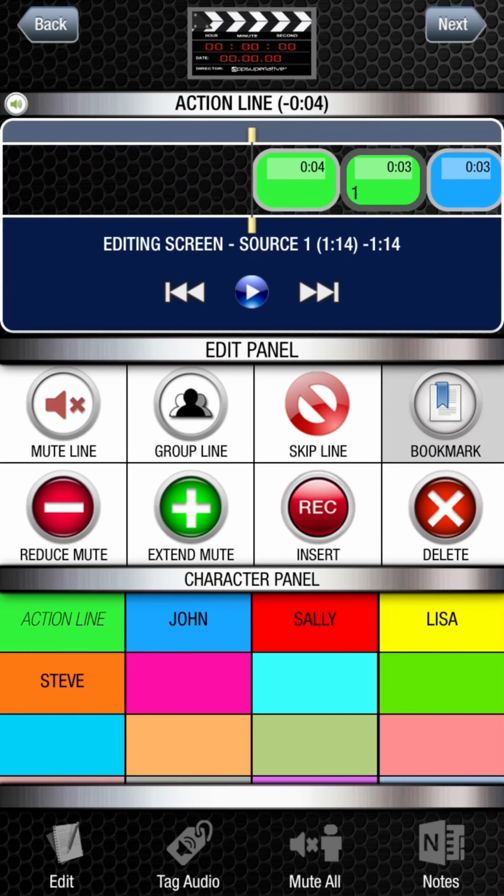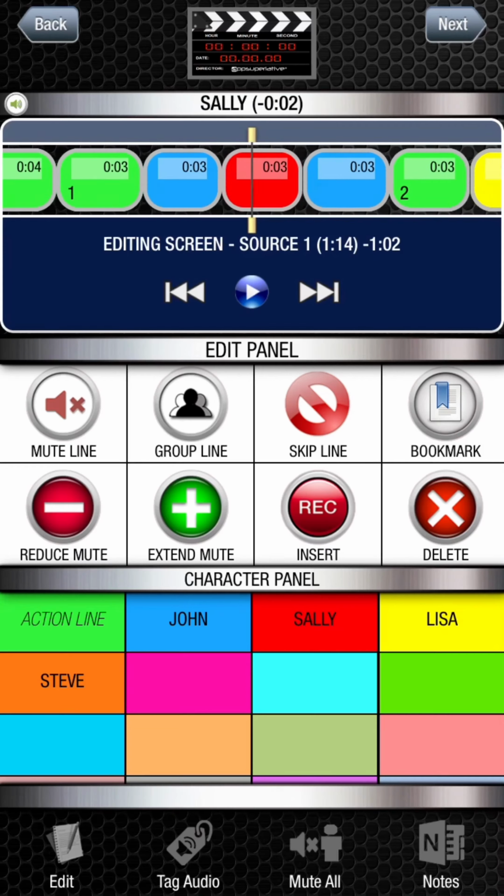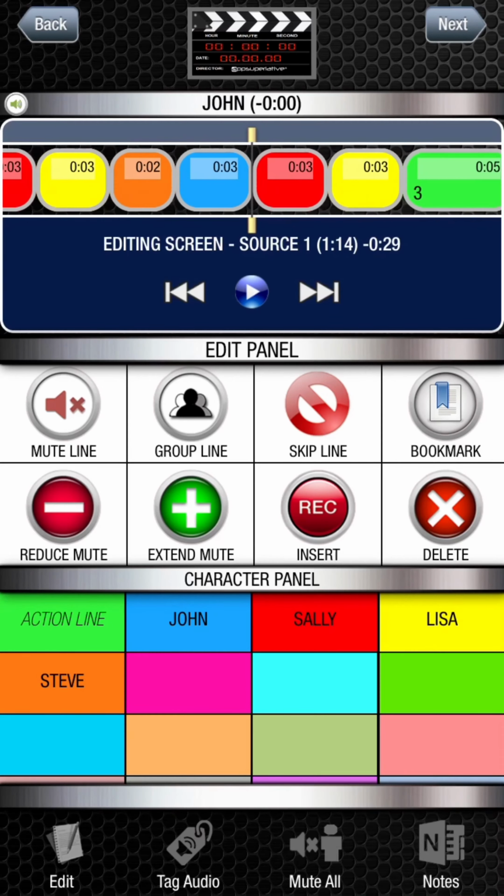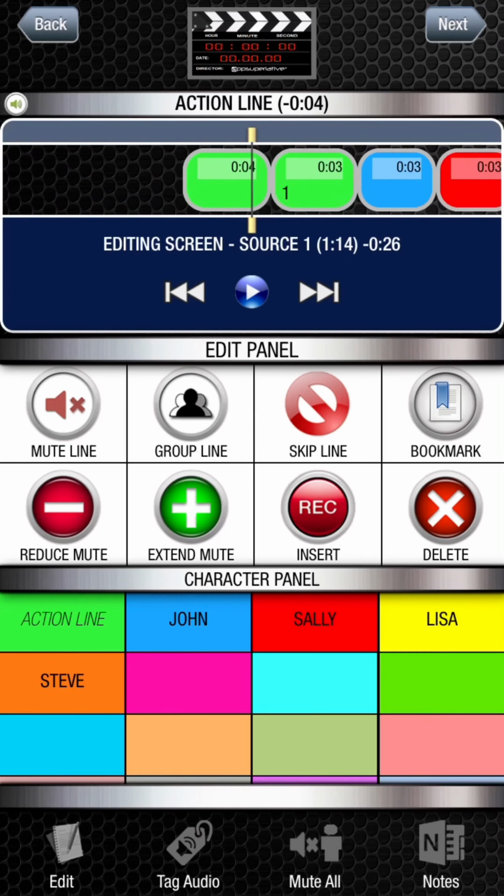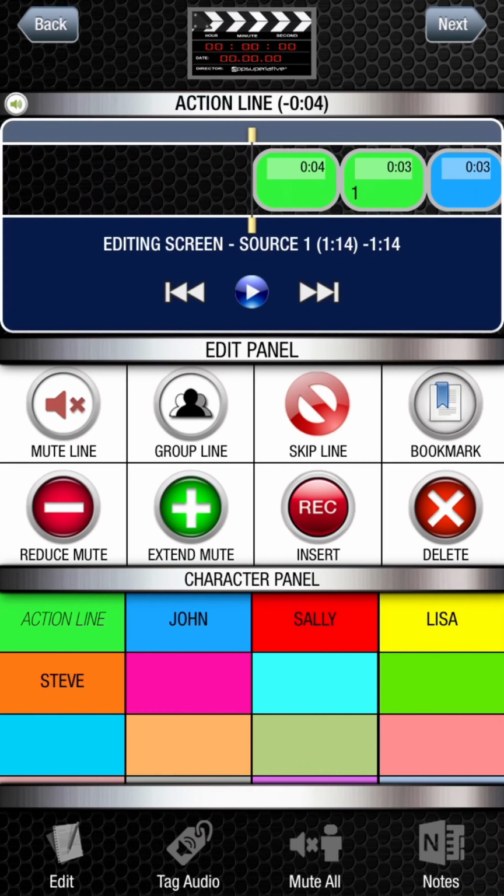So any bookmarked recordings after it will have their number increase by 1. The same applies if a bookmark is deleted. Any bookmark recordings after it will decrease by 1. Other than the bookmark function, another way to keep track of recordings in large projects is to use the Add